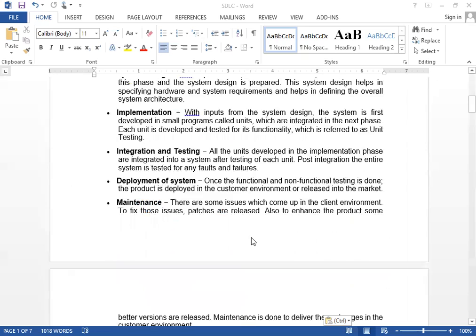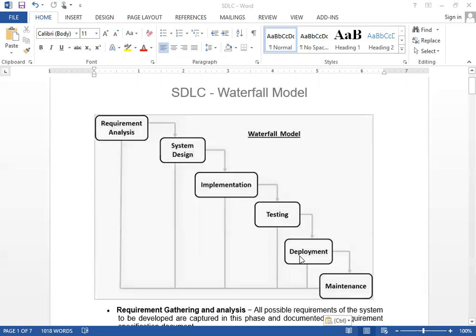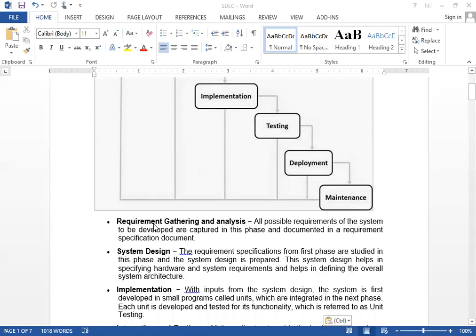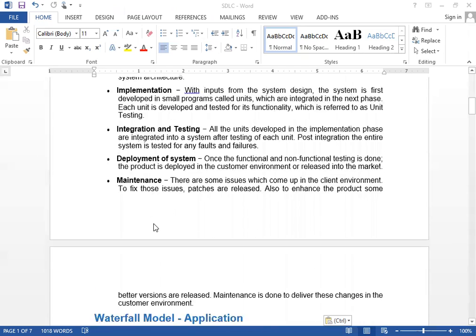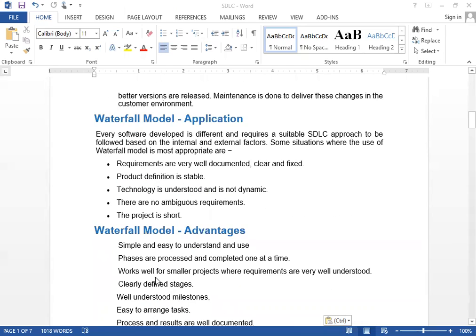First the requirement analysis is done, after that system design, because only when we get all the requirements can we design the system. Then we can code the system. After coding we can test the code, and then deployment, and then maintenance. So all the phases work independently.